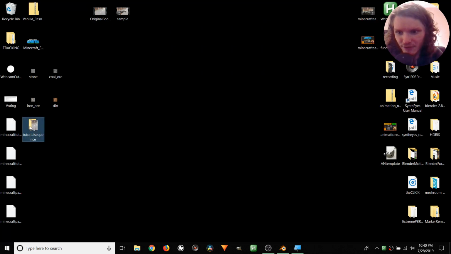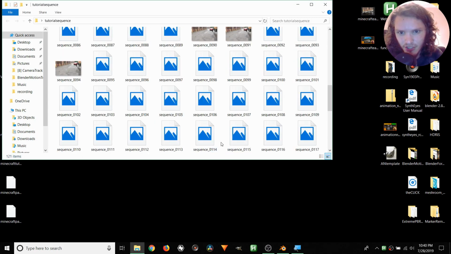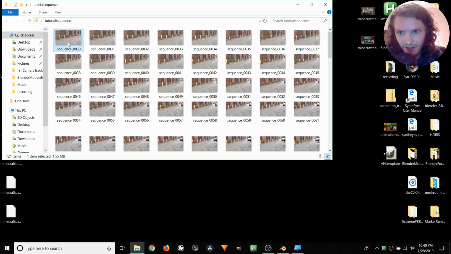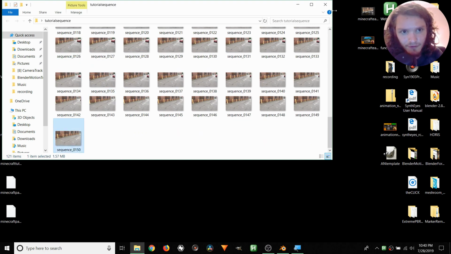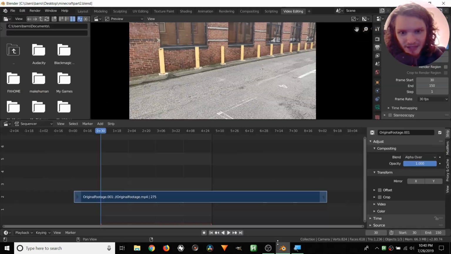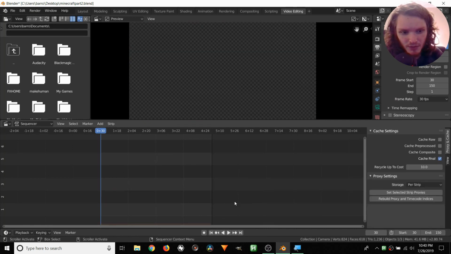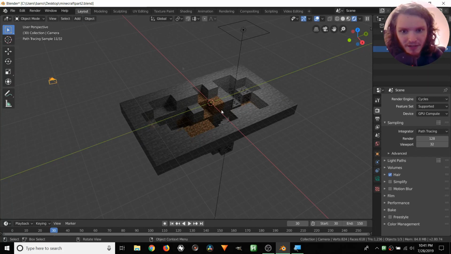So right now we have this folder with a bunch of images, each one of these being a frame, starting on frame 30, ending at 150. And we just want to use that for tracking. So we're done with this, so X, delete. We don't need this anymore. We can go back to the layout, which is where we operate. And for now, we're just going to ignore that this crater exists. So we've done the modeling and shading, and now we want to do motion tracking. And then in the third tutorial, we shall combine the two.